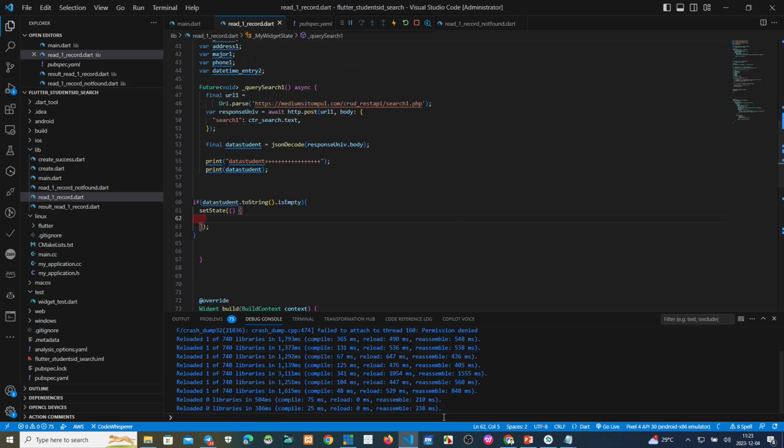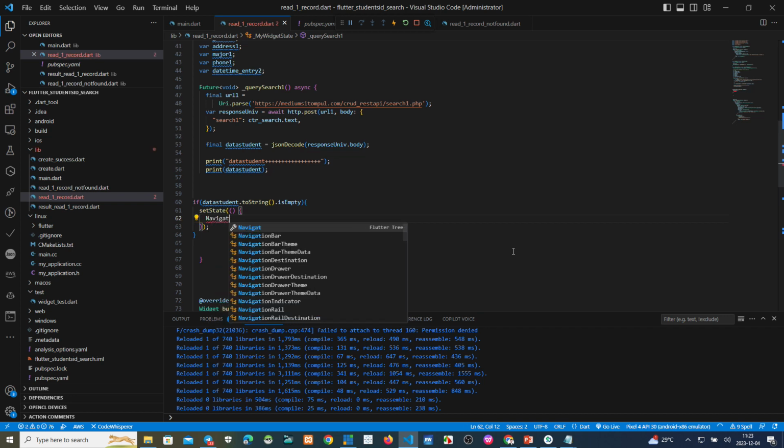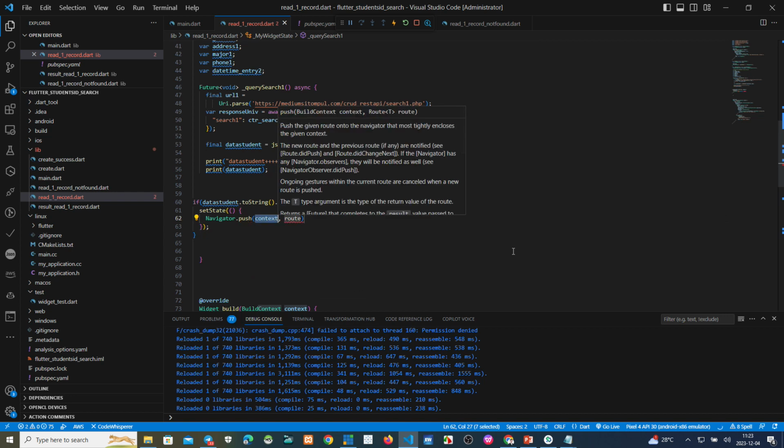If empty, set state, navigator this one, dot push. Okay.